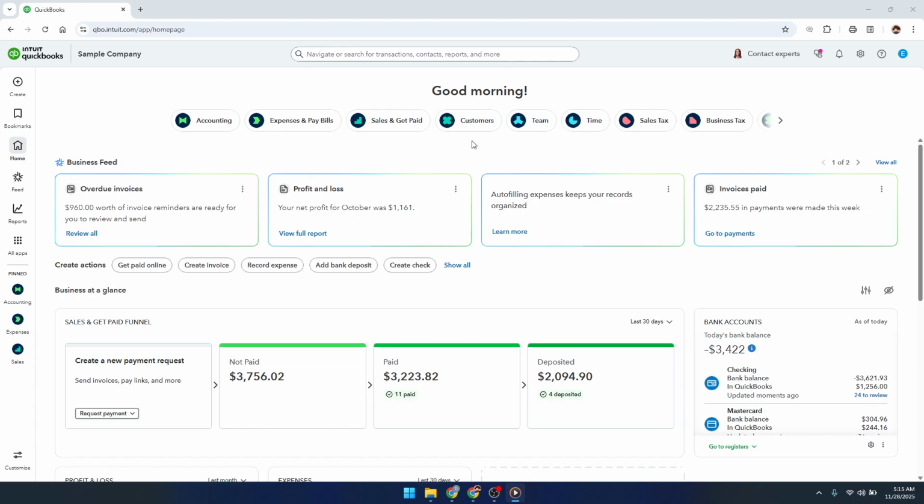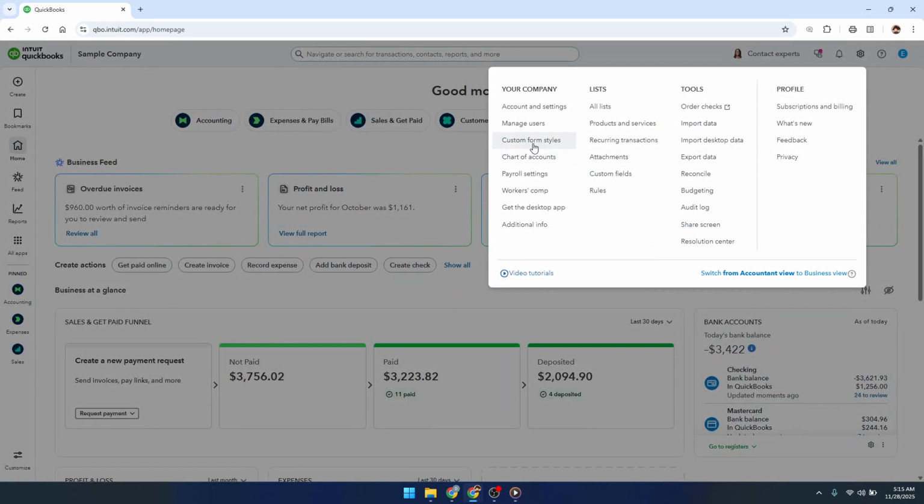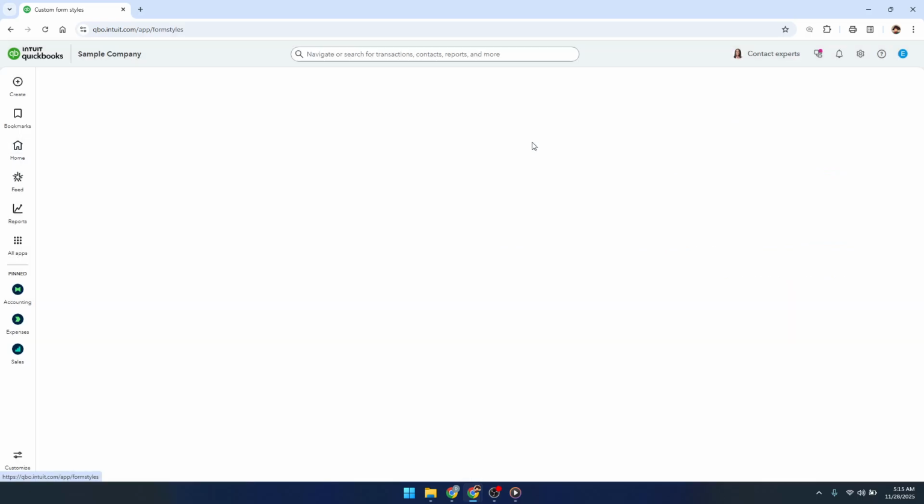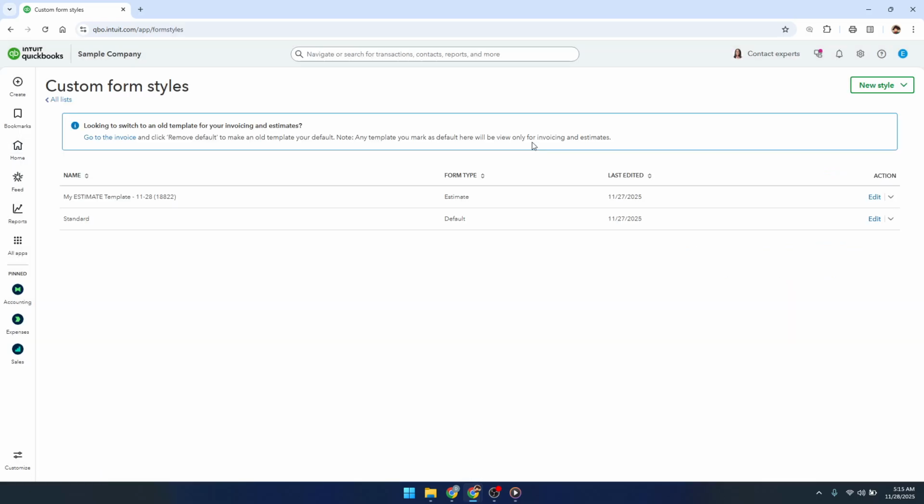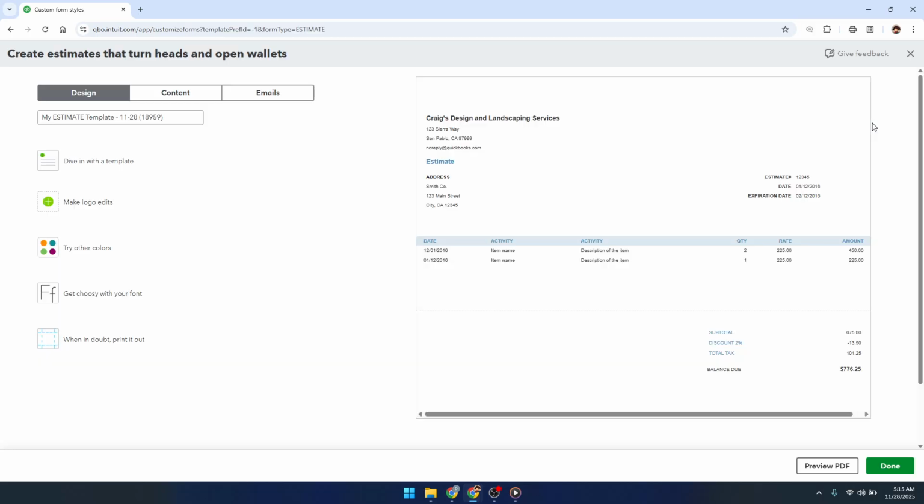Start by heading to the gear icon in the upper right corner of QuickBooks Online. From there, choose Custom Form Styles. This is where you control how your estimates, invoices, and other forms look. Instead of editing your default estimate, create a brand new style and set the type to estimate. Think of this as building a dedicated template just for work orders, so you can keep it separate from your